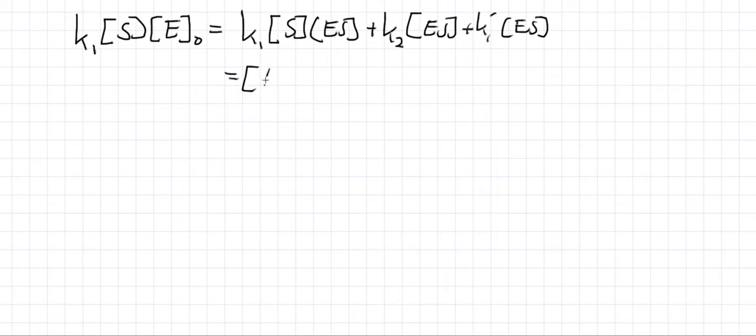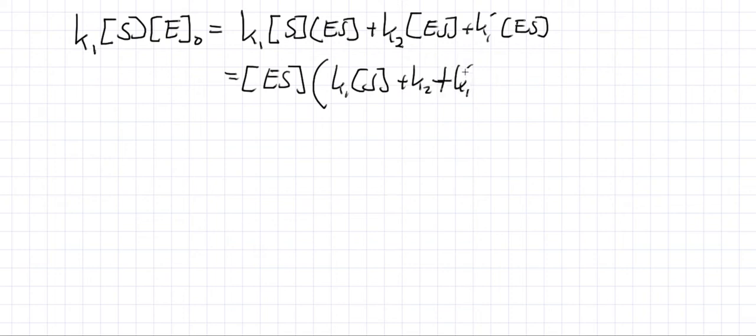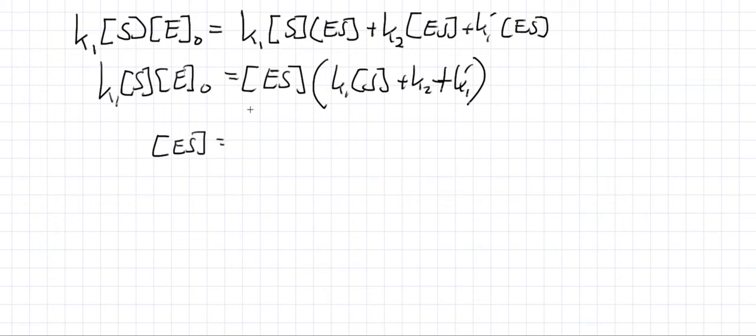And so we can just gather all the terms together, pull out the concentration of enzyme substrate complex, and get K1 times S plus K2 plus K1 prime. And all that is just equal to K1 times substrate times total concentration of enzyme. So if we solve for ES, it's just going to be K1 times substrate times total enzyme concentration divided by,